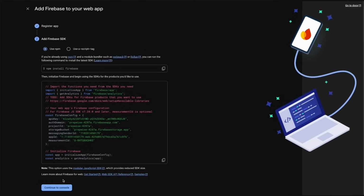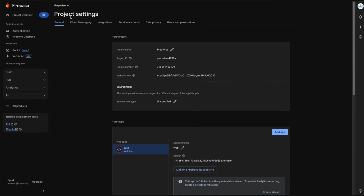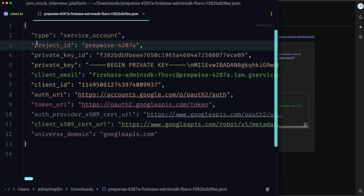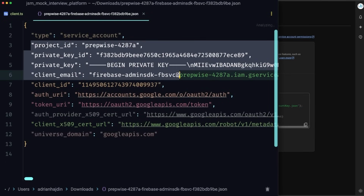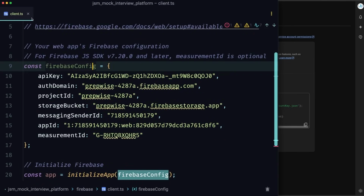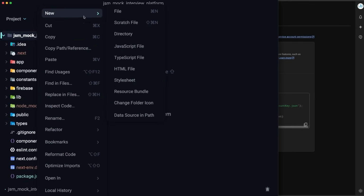After that, you can click Continue to Console, click on this settings icon right here, and head over to Project Settings and navigate to Service Accounts. Here, you'll have to generate a new private key. So just generate it, and this will download a JSON file. From here, you'll want to take over the project ID, the private key, as well as the client email. So select those 4 lines, copy them, and then create a new .env file right here in the root of our application and call it